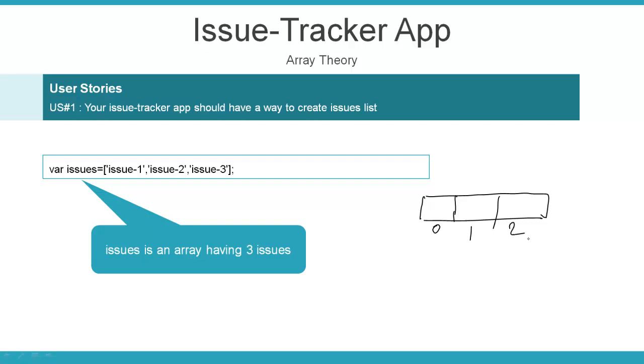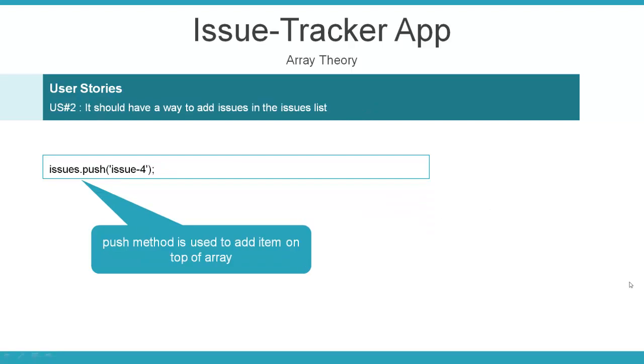When I say var issues, you have this issues as a variable, and in each block you will have issue 1, issue 2 and issue 3. Here you will have issue 1, here issue 2, and this is issue 3. This is the kind of structure that will be created for you. Okay, let us move ahead.